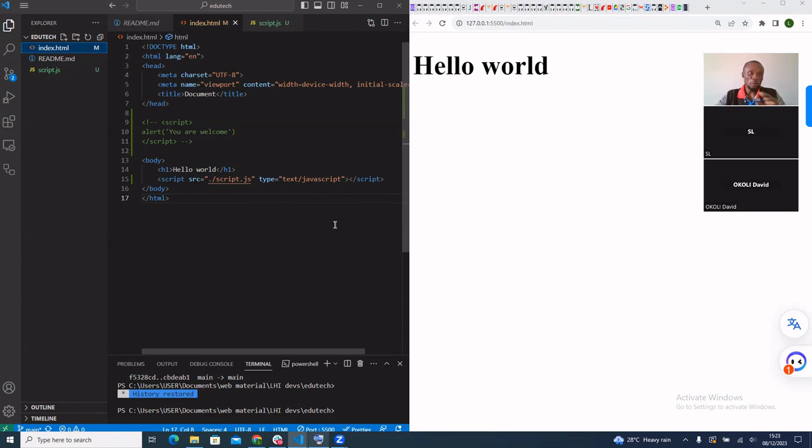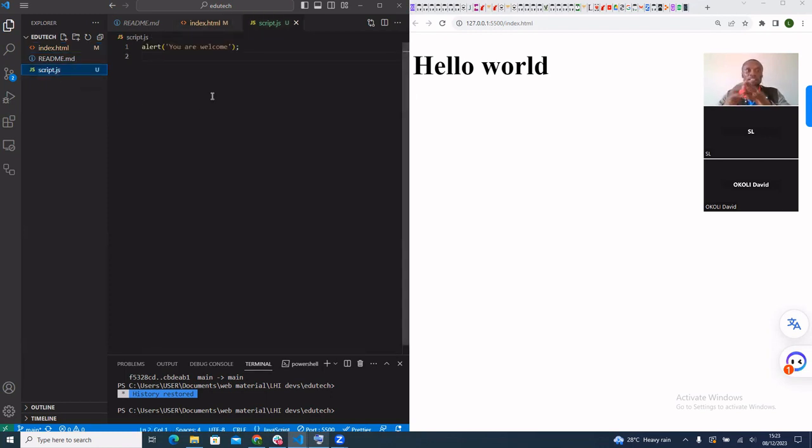Now, what I would like us to focus on today is the types of, okay, before I do that, in JavaScript there's something we call declaring variables. Variable declaration in JavaScript is simply giving names to items in JavaScript. For instance,